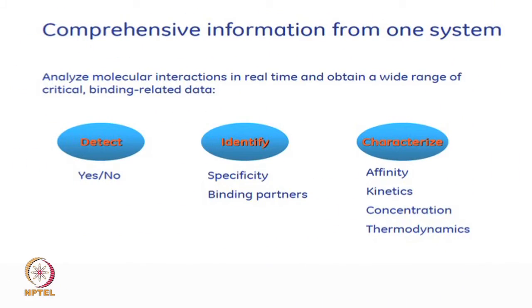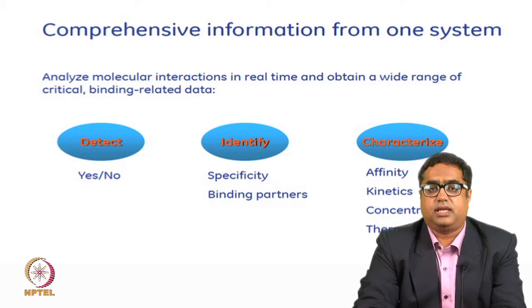So, once we have determined this part, then probably we will be able to understand how fast or how slow the molecules are interacting. And once we have come through this stage, I think it is very easy for us also to determine the exact concentration, or how much of the analyte is binding. From this kind of experimentation, the comprehensive information that one will generate are detect, that means yes and no